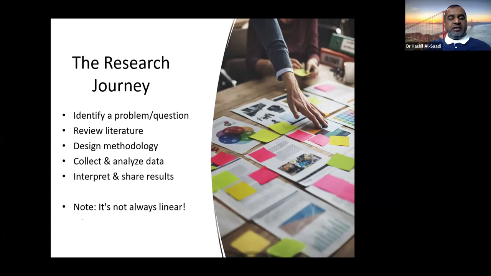And then you design your research, you work on the methodology, either quantitative, qualitative, or mixed method. We'll talk more about those later. And then you start to collect your data, you analyze your data, you interpret the data, and then you share and disseminate your results in journals, we'll talk about the journal later, and also in terms of publications or conferences. Okay, so that is the link.